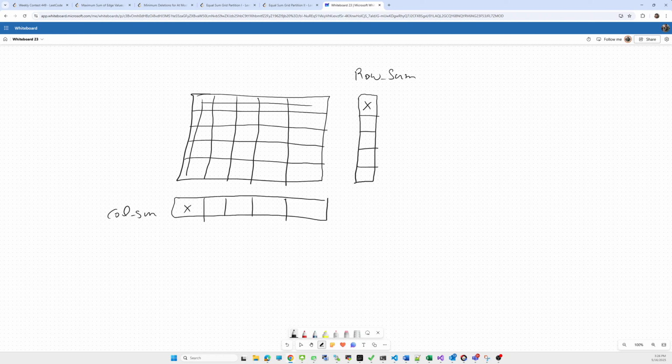Using that information, first we count the total sum of the whole matrix. Let's say the total sum is x.